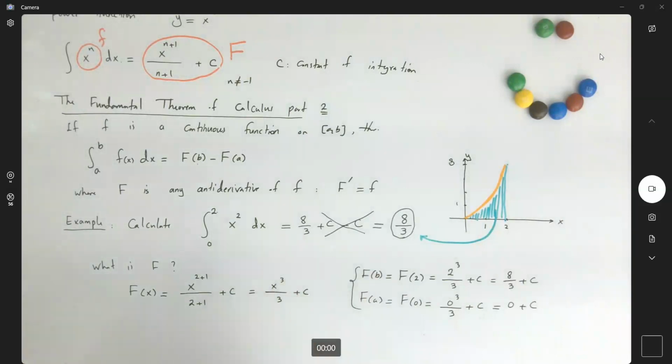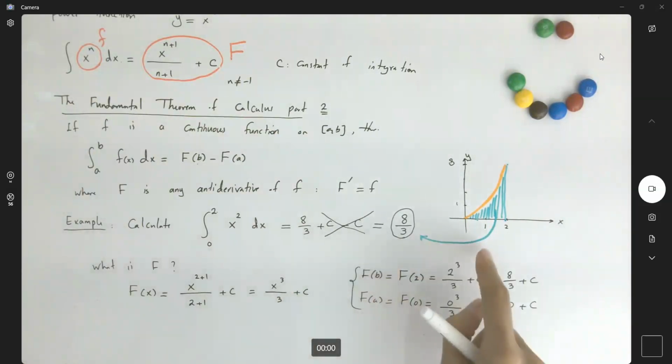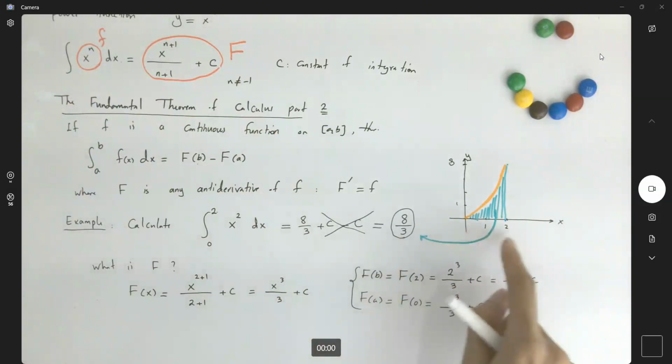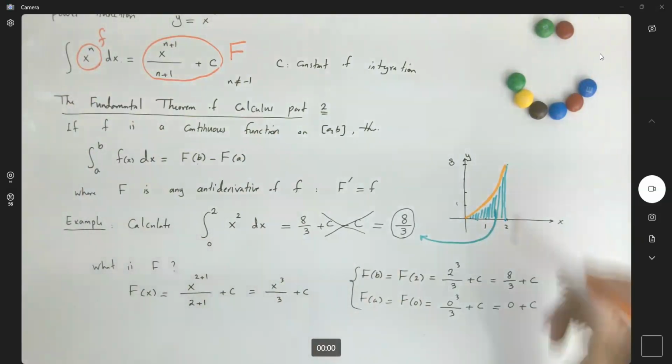Without using any Riemann sum, any limit, we use the shortcuts for nice functions, and we actually found the area below the curve when x is bounded between 0 and 2. But this is